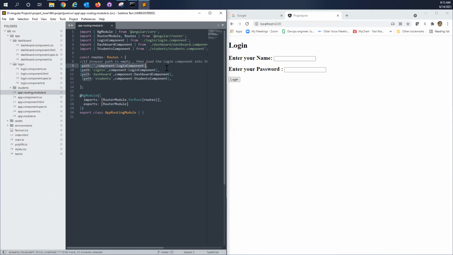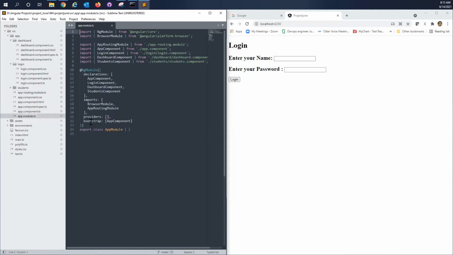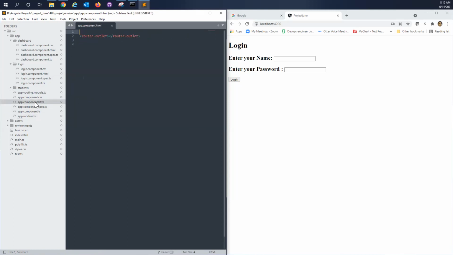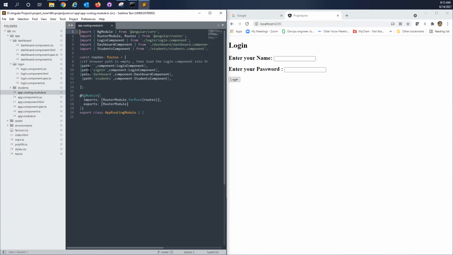Which is the starting file? App module, app.component.html, correct? So in one of these three only it is displayed. App module, app.component.html. Here it will display. You should understand it that way.